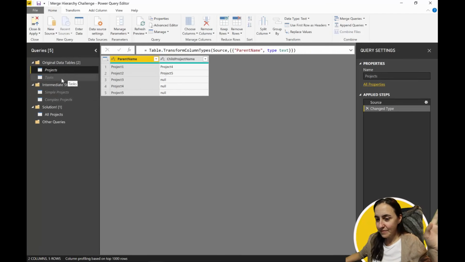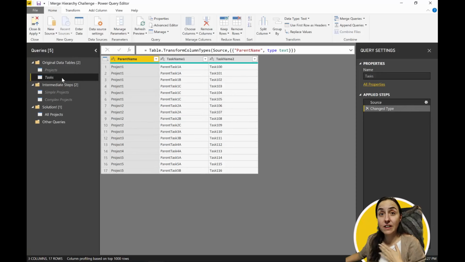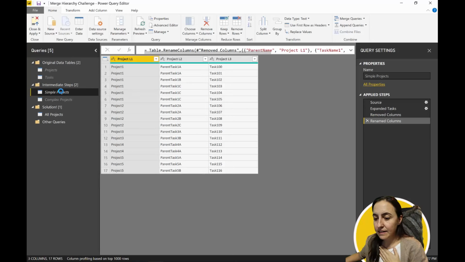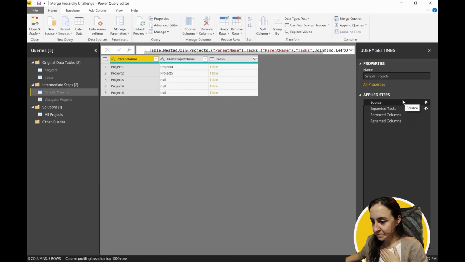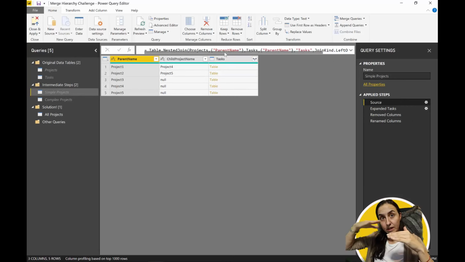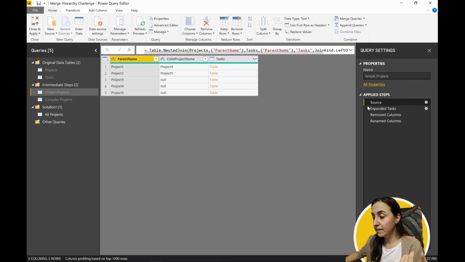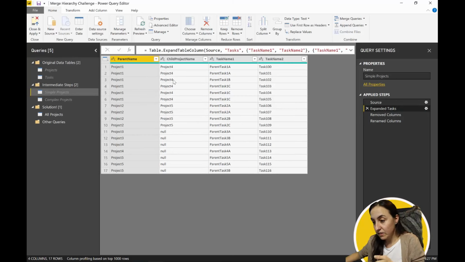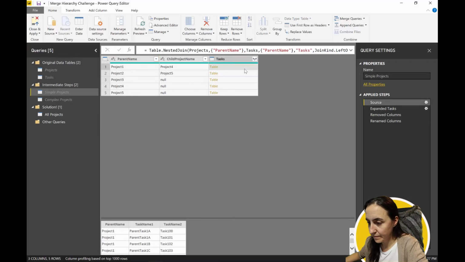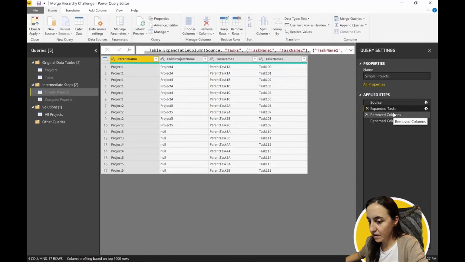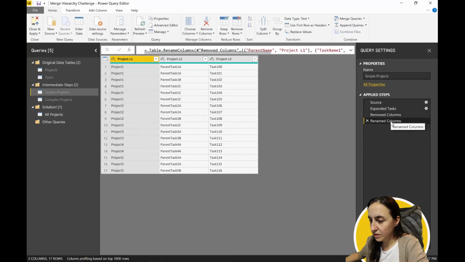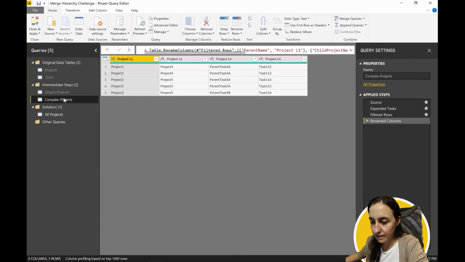So here's the praise table. Here is the task table. Those are my tables, the ones I gave Christopher. And then these are the steps. So again, joining the project with the task to be able to get parent, child, and task. You have it here. Removed columns, rename columns, and then here is